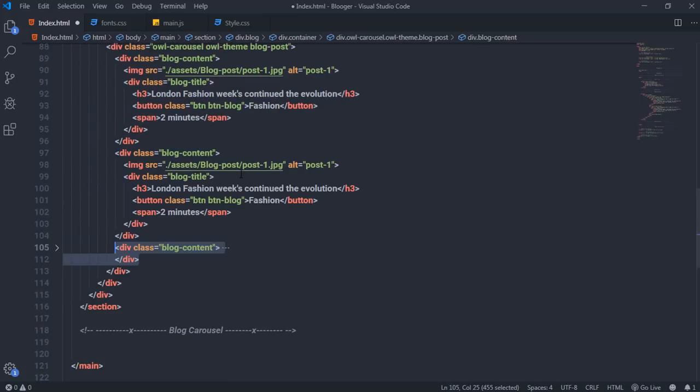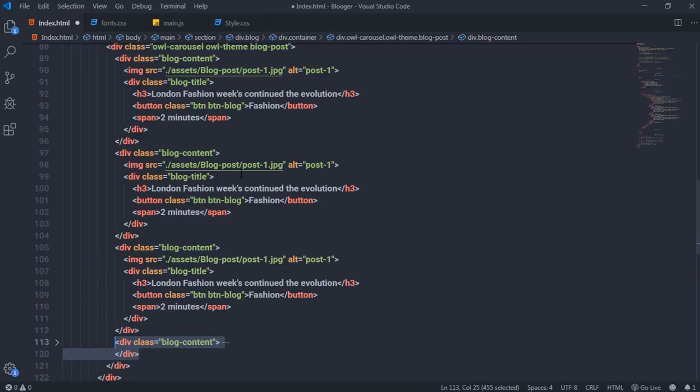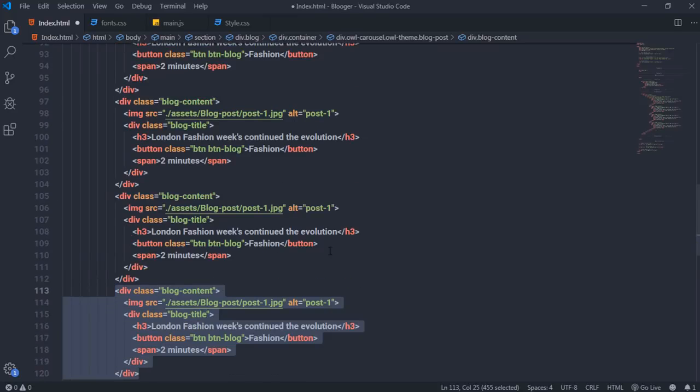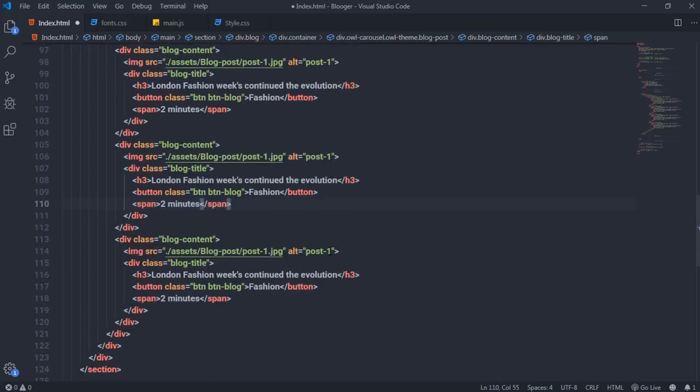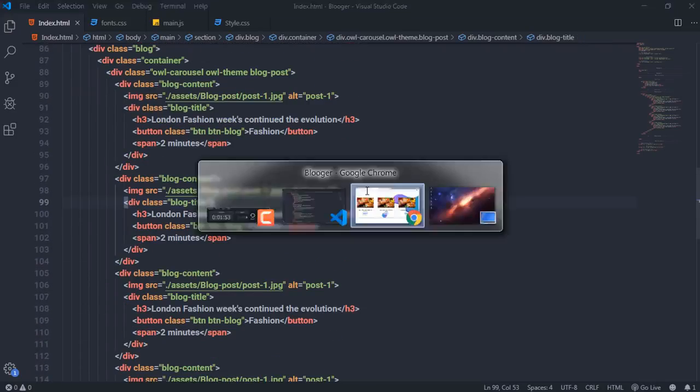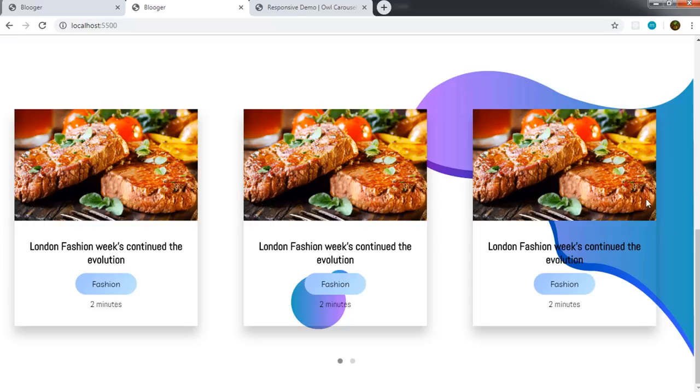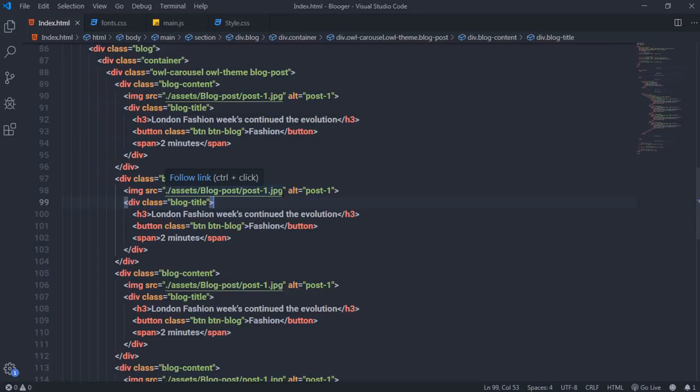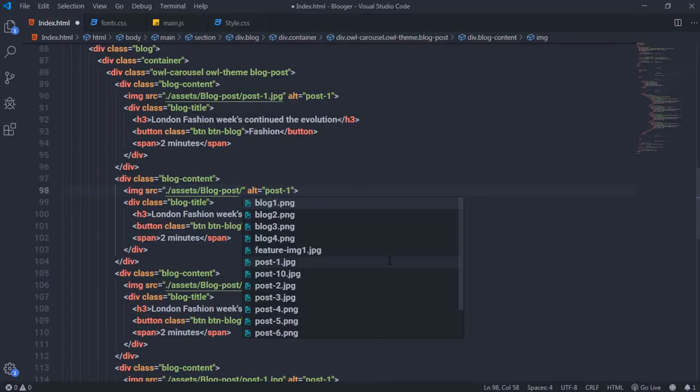I'm going to do the same. I'm going to press Alt Shift down again to create my fourth carousel item. When you expand this, you can see here you have your 4 carousel items. Now I'll just save it, and as you can see here, you have your carousel items here. Now what I want is to change this image. So I'm going to change this image to